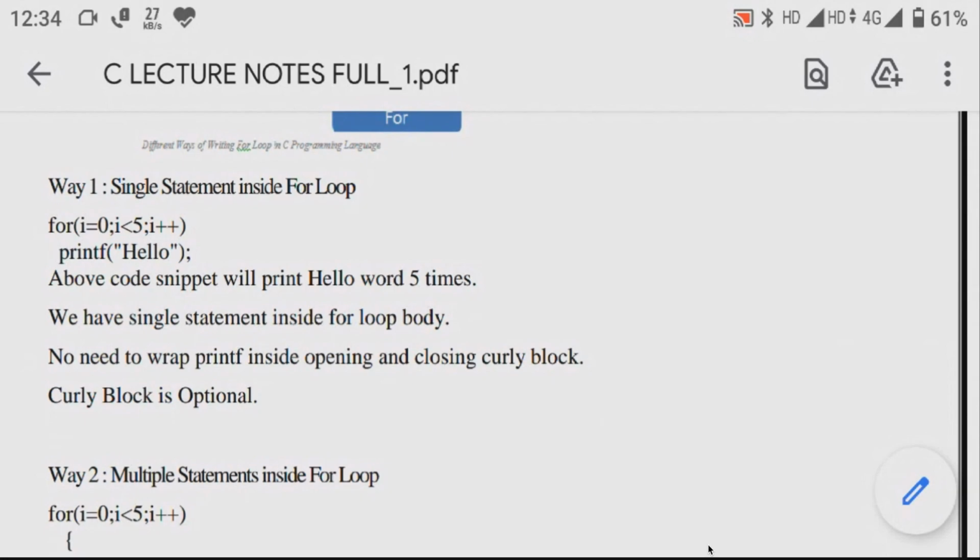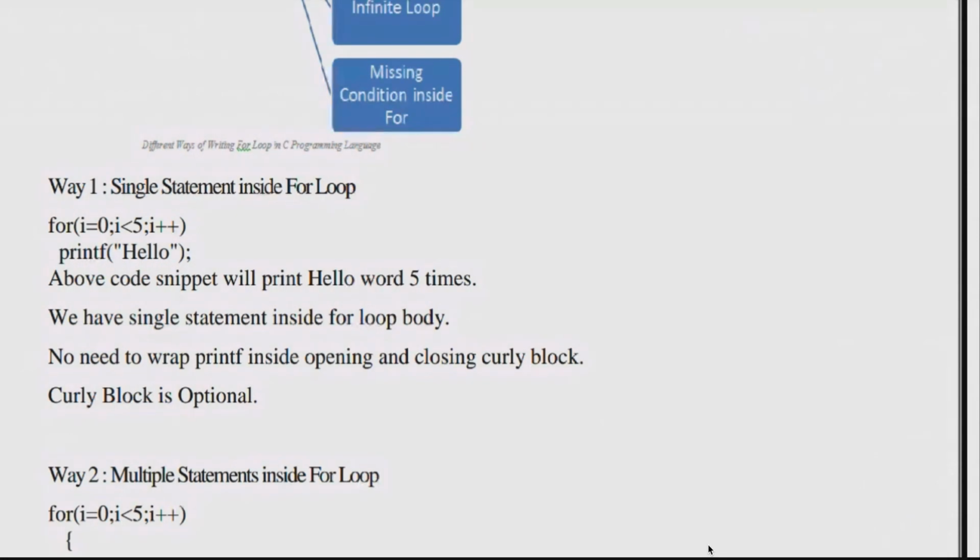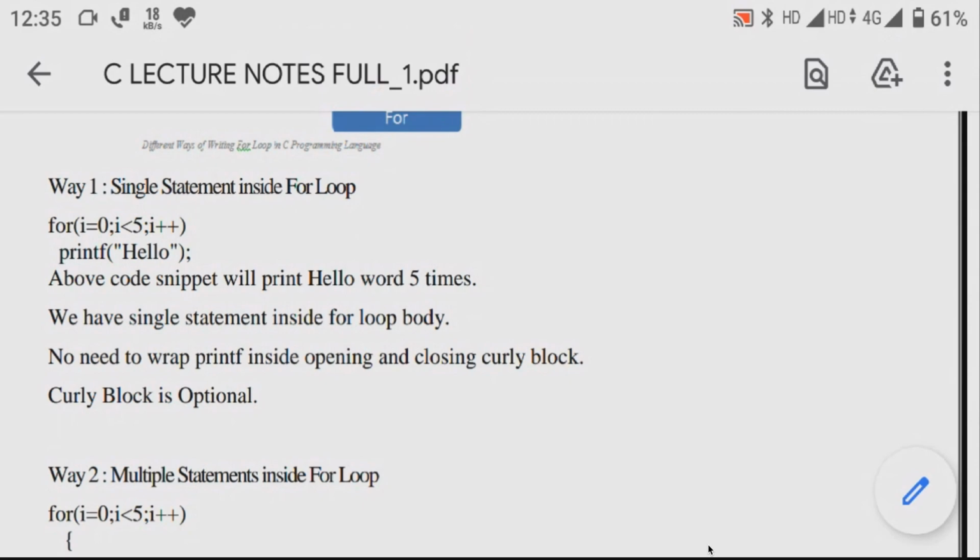So how do I increment? i plus plus. We have seen the increment operator, right? We have two types of increment operator: one is pre-increment and the second one is post-increment. What type of increment do we have here? It is post-increment. Post-increment means first you execute this, after that only increment. If it is pre-increment, first you increment, then only enter into the body. With post-increment, first you enter, you execute it, after that only start incrementing again.